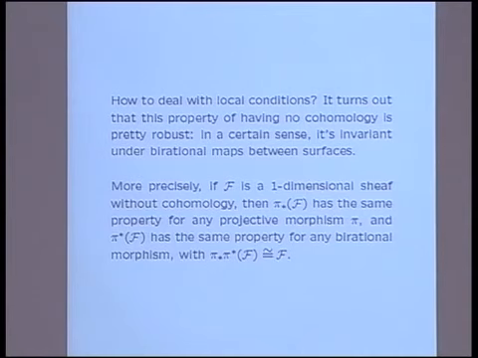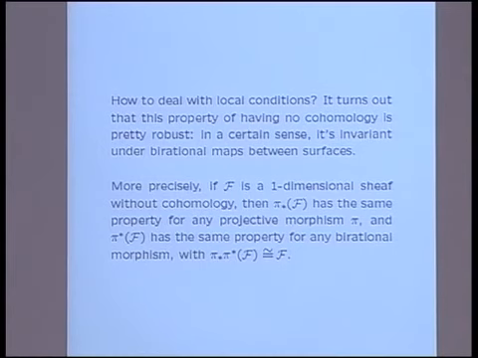So, okay, now, so far, of course, all we're doing is classifying all matrices of a certain type, and we really want to specify these local conditions. So how to deal with that? Well, it turns out this vanishing property for the cohomology is extremely robust. I already mentioned exact sequences, but it also works nicely under pullbacks by birational maps and push forwards. So in particular, for one-dimensional sheaves without cohomology, pushing forward under any projective morphism, I think proper is enough, but anyway, we don't need that, gives you again a one-dimensional sheaf with no cohomology.